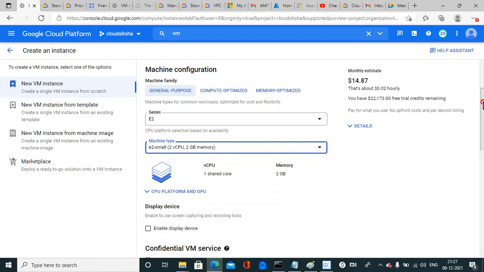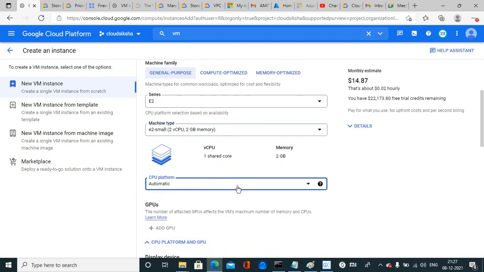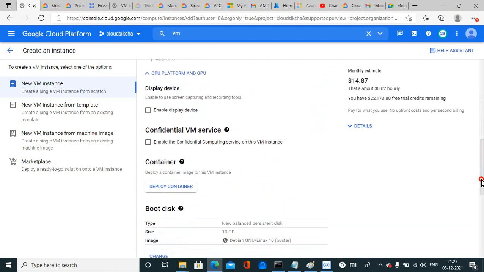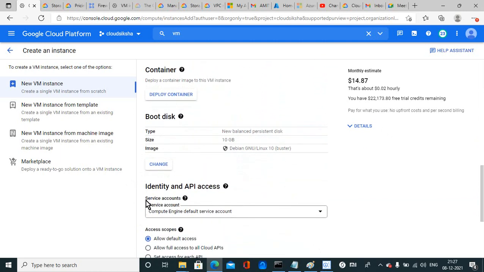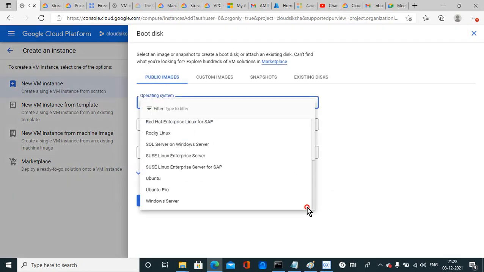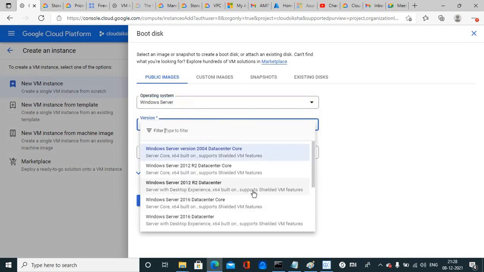and now going to changing the OS type. I am using a Windows Server here because it's a paid version of GCP.